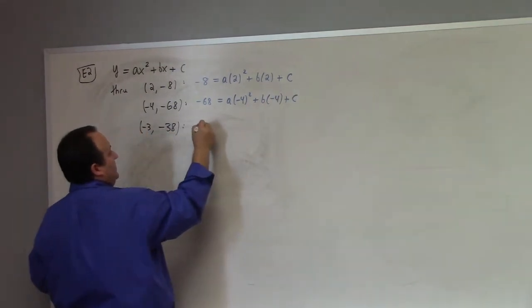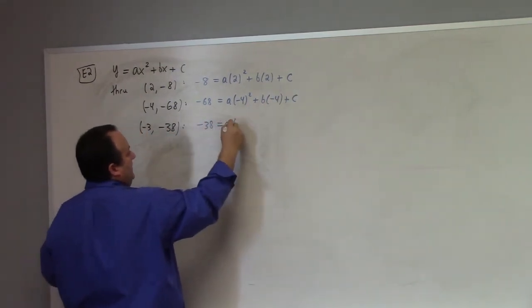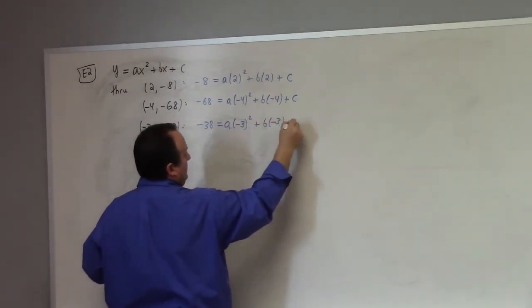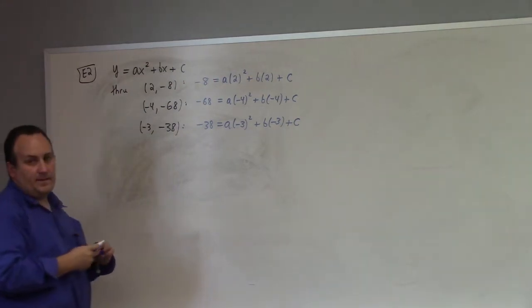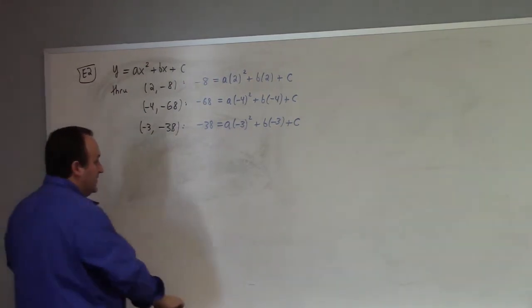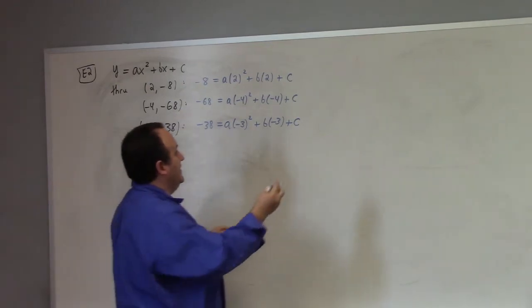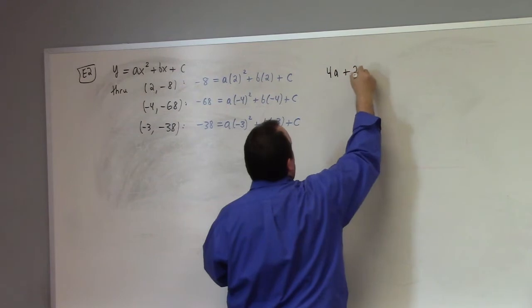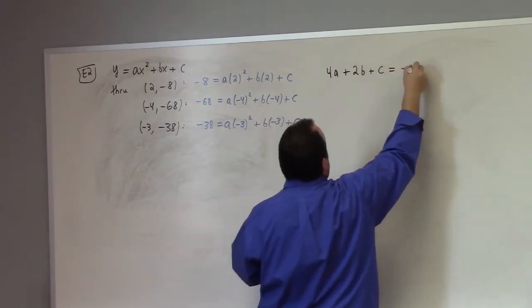The third one gives me minus 38 is a times minus 3 squared plus b times minus 3 plus c, right? And let's clean that system up. So what we really have is 4a plus 2b plus c equals minus 8,